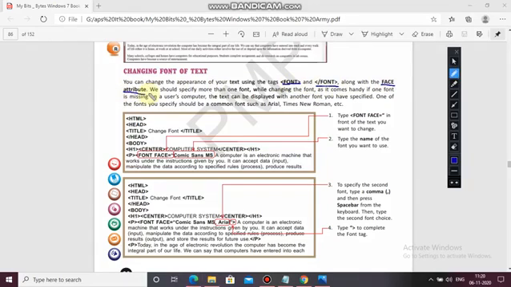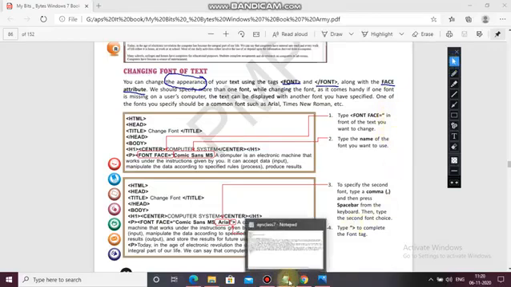Means with font we will use face attribute to change the appearance of our text. You can specify more than one font, as it comes handy if one font is missing on a user's computer, the text can be displayed with another font, which we had already discussed.